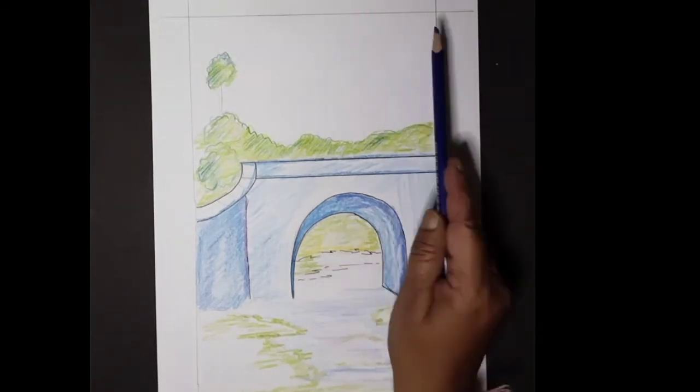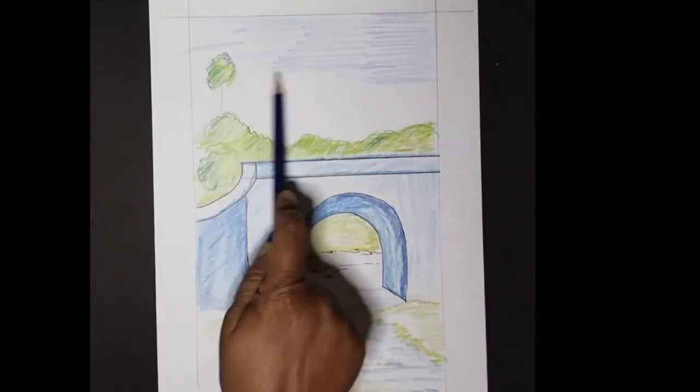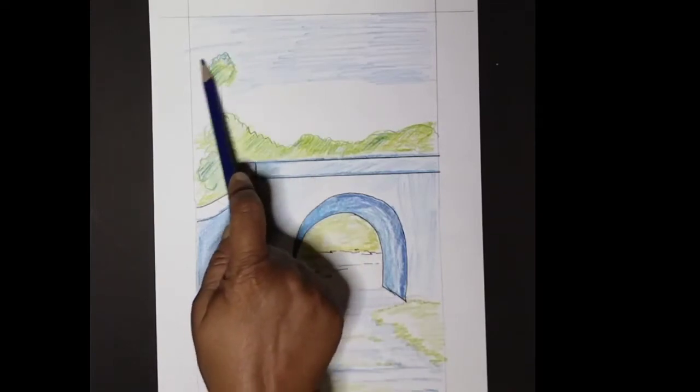The upper part is our sky, and I am giving a shade with a light blue, dark blue and a purple color.